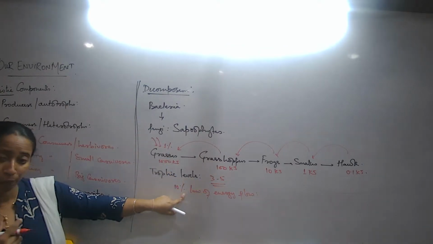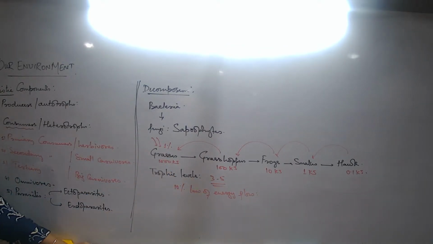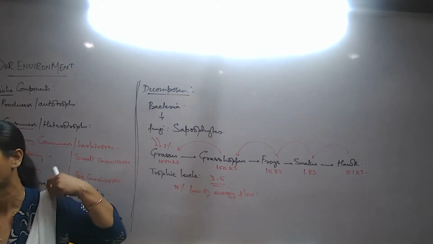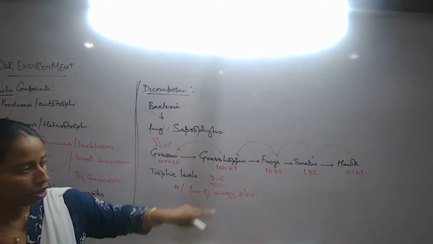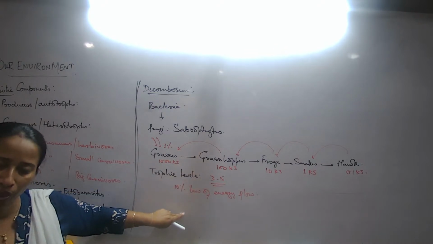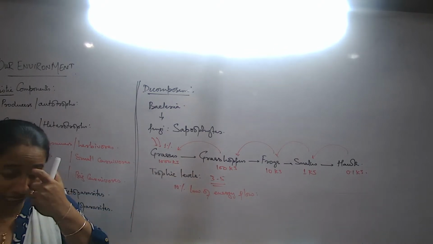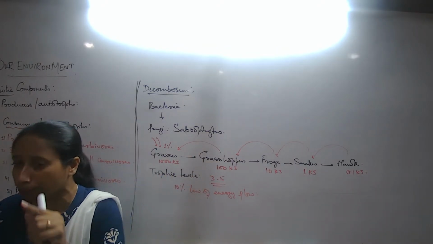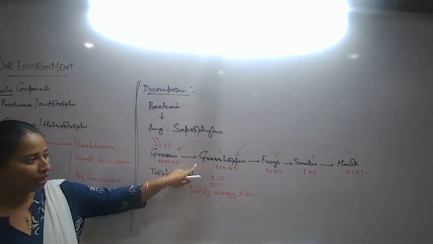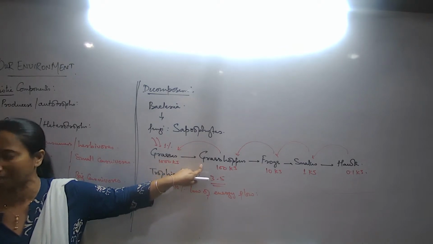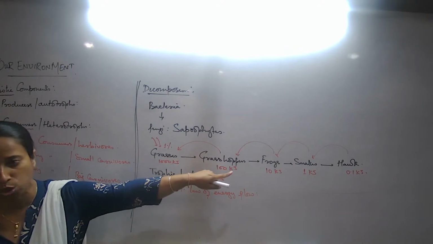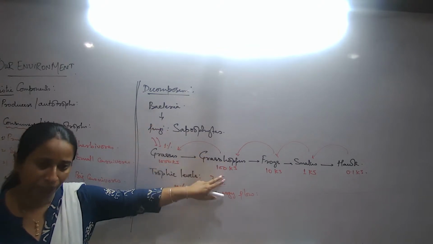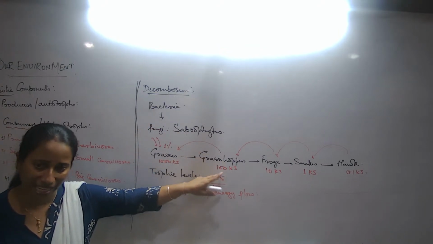What else? What is the 10% law of energy flow? This is what you'll have to study properly. Explain it with an example. Can you write one more example of a food chain with similar categories? Don't forget to match those categories with the same number of trophic levels. How many trophic levels have we used here? 5. So with the same number of trophic levels, can we write another food chain?